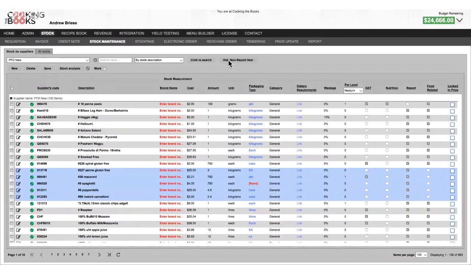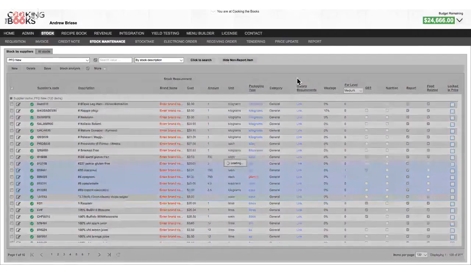It's not going to come up when we place our orders. It's not going to come up when we write our recipes. It's not going to come up when we do our stock take. But when we are ready to bring it back, all we have to do is hit the show non-report item